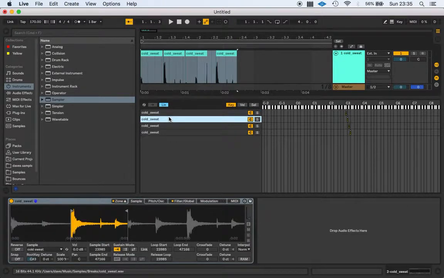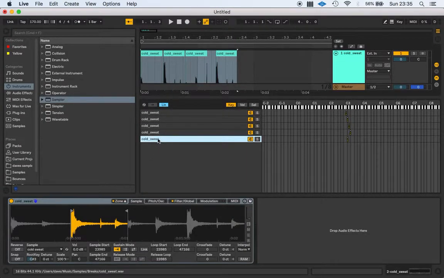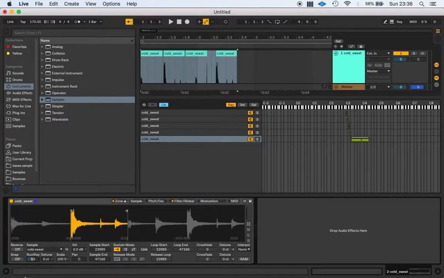I'm going to make a copy of this snare slice by holding down Alt and dragging it, and it's copied it exactly the same on the same key, so there's two samples of the same sample on that key now. But I'm going to move it up to the next available key and drag this green box out so it covers an octave. It goes from E3 to E4, and then I'm going to move this root key by using this control down here, dragging that. I'm going to move it to the top note so that now when I press E4, it will trigger that snare,